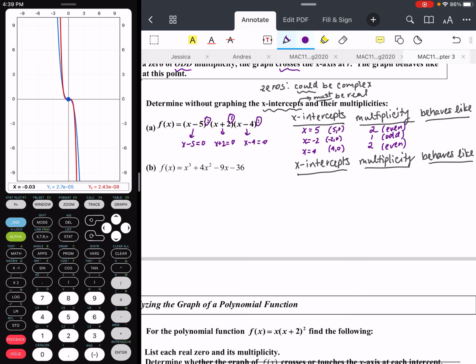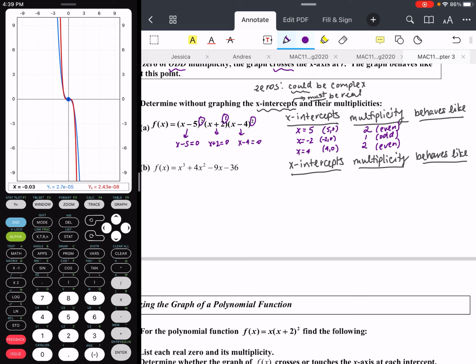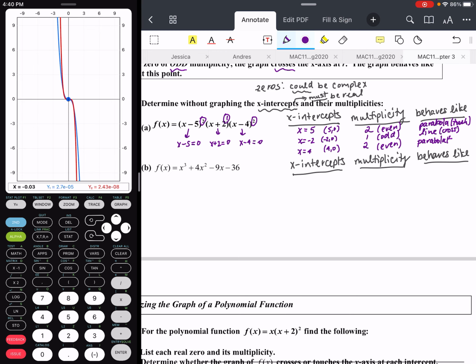Okay, so if we take a look at the graph of this function, at our zero of x equals 5, it has an even multiplicity, meaning it should behave like a parabola. So it's going to touch the x-axis but not cross through. At x equals -2, we have an odd multiplicity. So it should behave like a line in that it should cross the x-axis. And then at x equals 4, we have even multiplicity. So again, it should behave like a parabola, meaning it touches